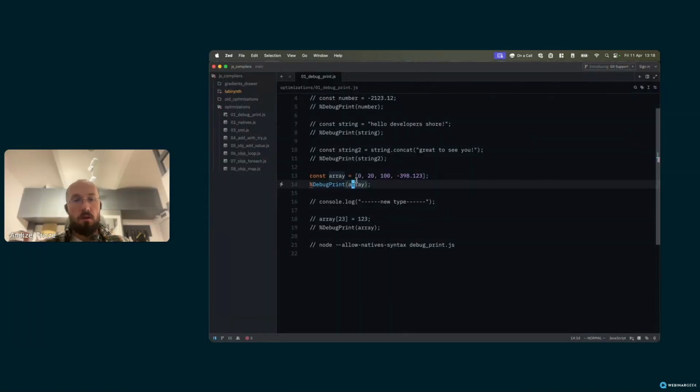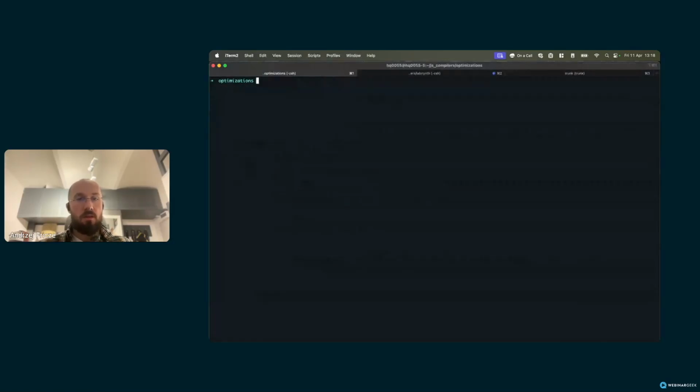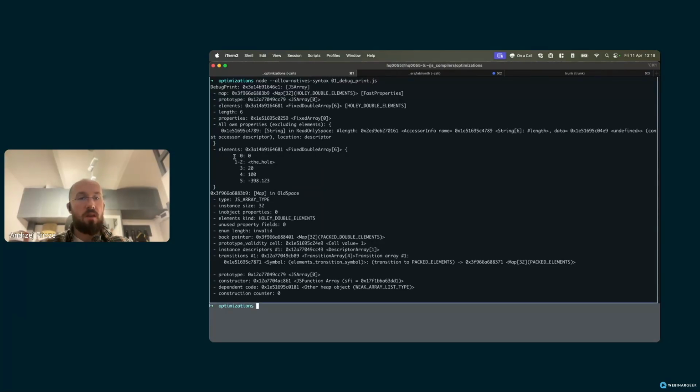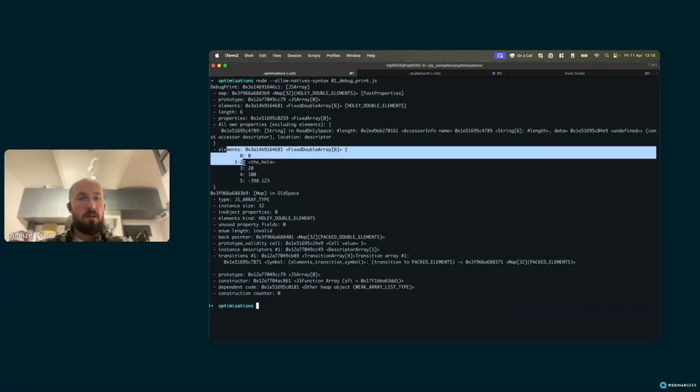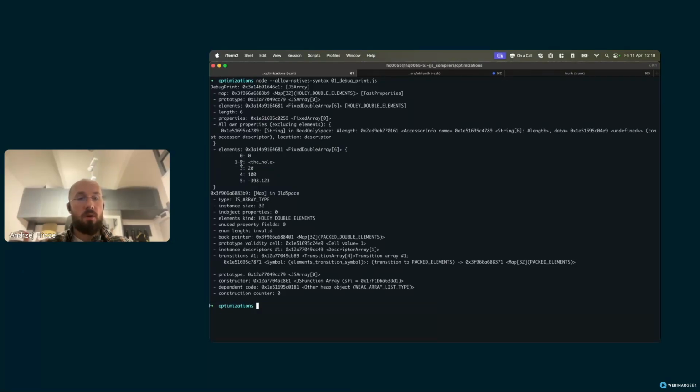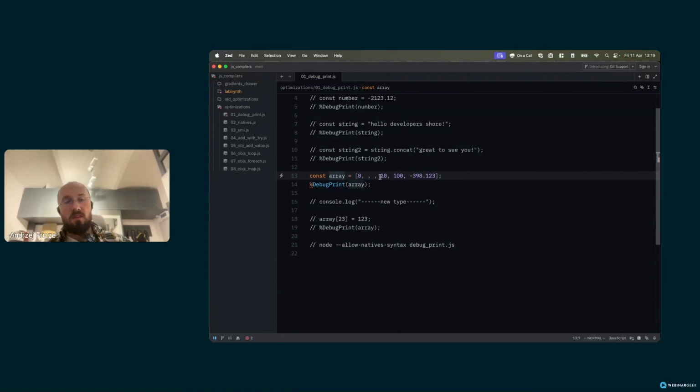So doubles are, of course, types of numbers in here, and this is packed, which means there are no holes. But if I add, for example, 2 empty elements in here, this changes to holey double elements, and you can even see in the implementation of elements that the hole appeared on elements 1 and 2. And here we can also see that this is a fixed double array,